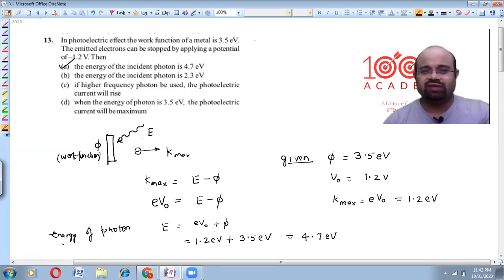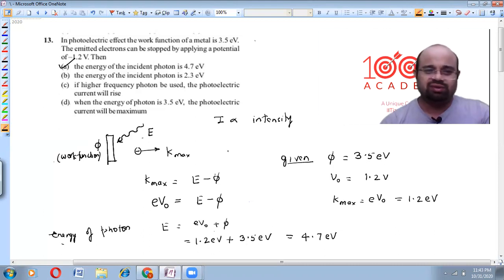Option C says that if we use a higher frequency photon, the photoelectric current will rise. If we increase the frequency, what happens? The kinetic energy increases, but the number of electrons emitted does not. Number of electrons depends upon what? The intensity. So for options C and D, the photoelectric current depends upon the number of photons incident on it, and the number of photons depends upon intensity. If we increase the frequency, the energy of each photon and each electron will increase, and the stopping potential will increase, but not the number of electrons